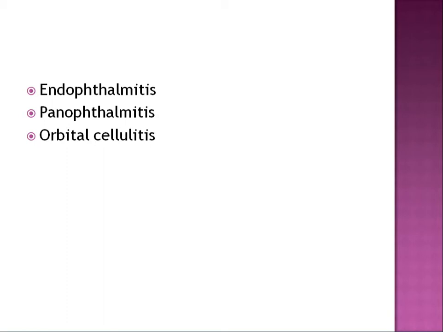So how do you differentiate between endophthalmitis and panophthalmitis? Basically, endophthalmitis is infection within the cavities. Cavities means the anterior chamber and the vitreous chamber. So the vitreous cavity and the anterior chamber are basically filled with pus. It is an exaggeration of uveitis, wherein the entire anterior chamber becomes filled with pus.